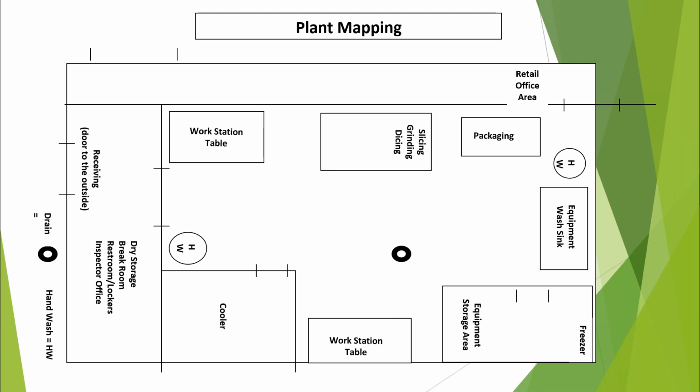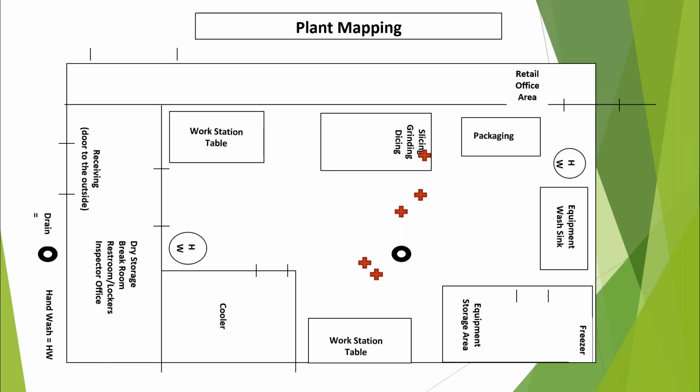So it's probably done in Word or Excel. And we can just set up what our facility looks like and where we're monitoring. Maybe one week we find one hit right near that drain. Well, that doesn't necessarily tell me anything. I would expect to find a hit by a drain. Not a big deal. But what if I start finding more? And what if it starts moving up into that slicing and grinding, dicing table?